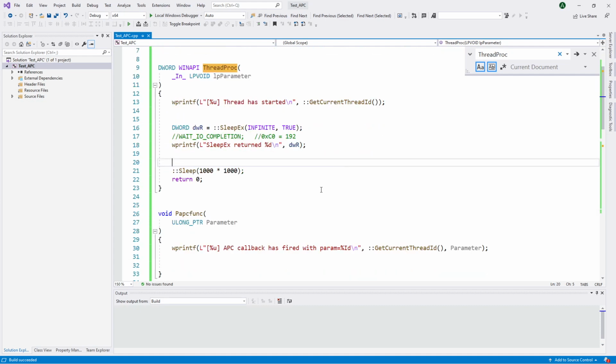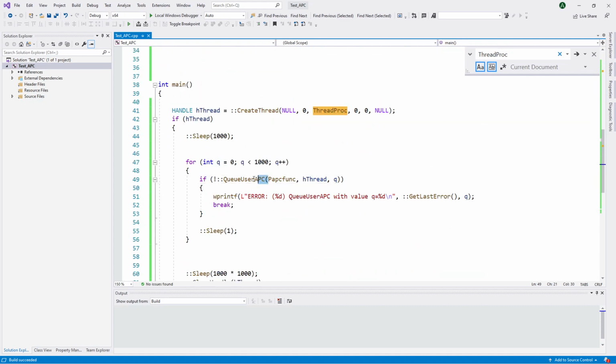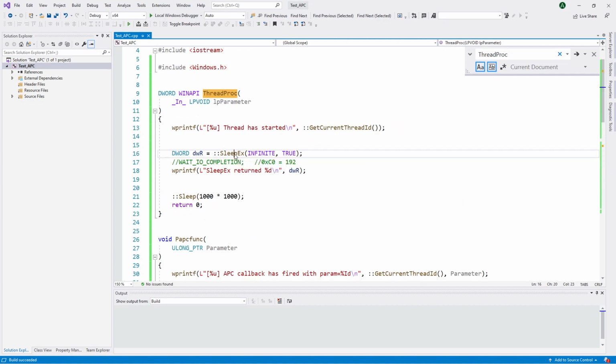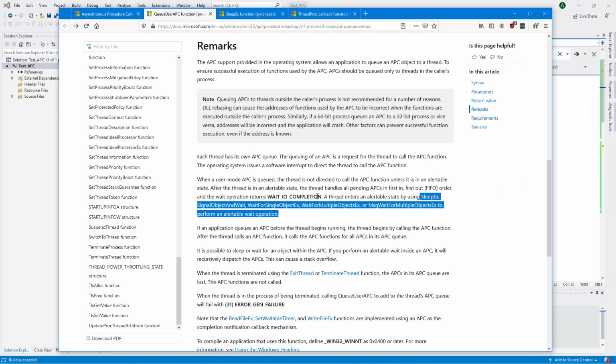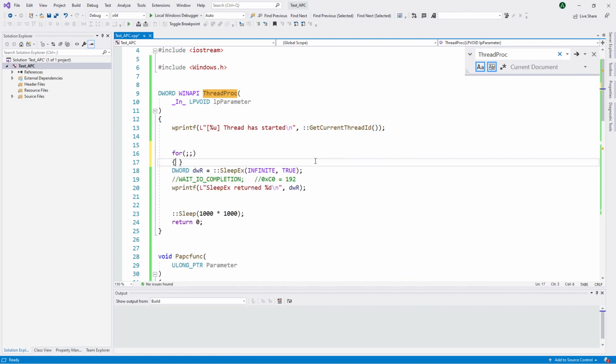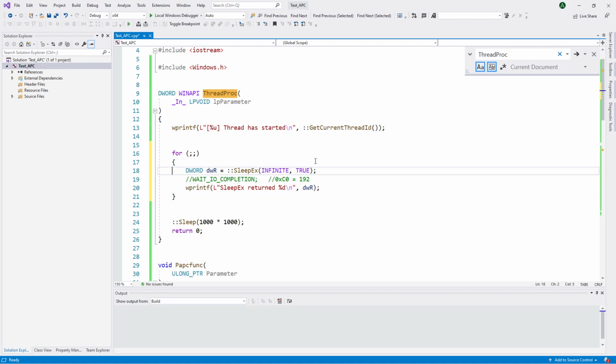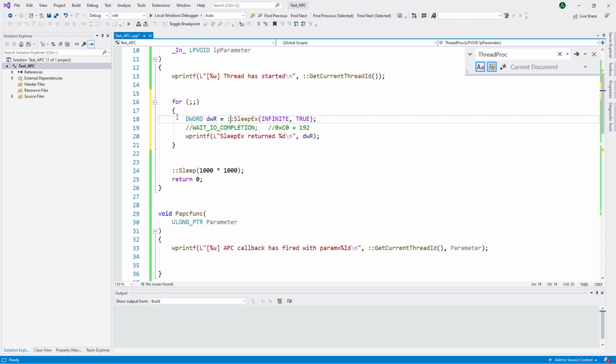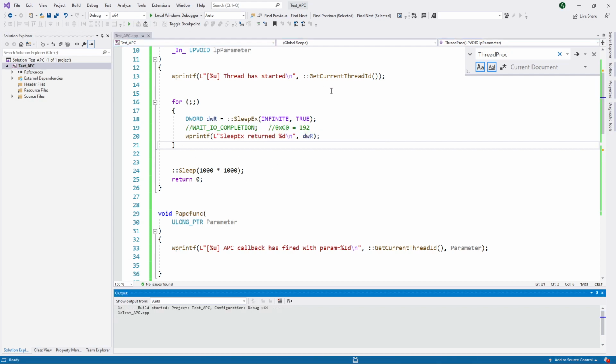So, important part is that for every single APC that you queue, you have to also provide one of these functions to be able to process it. Now, to fix a little problem here, what we need to do, we just need to create an infinite loop here. Now, in a normal thread, you wouldn't be doing this. You will always find some way to leave the infinite loop, but here it will work. And if we do it this way, if one of the APCs fires here, or a group of them, then we just simply get back to another sleepx, to another sleepx, to another sleepx. Okay, so now if we run it,